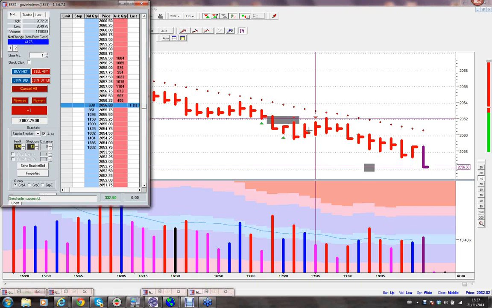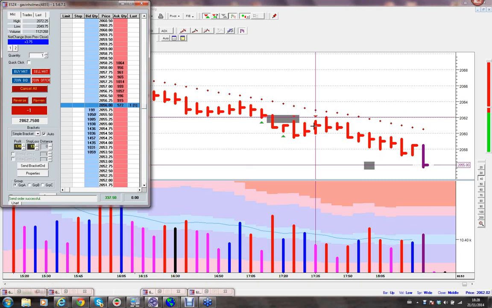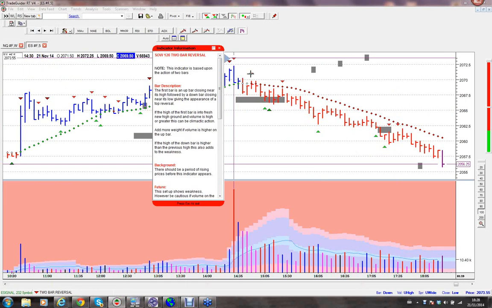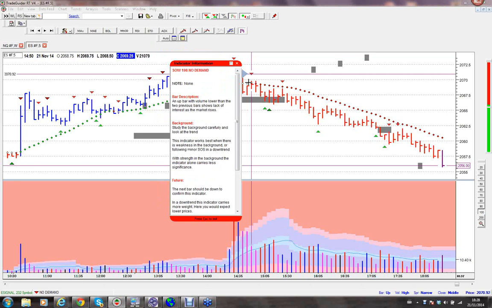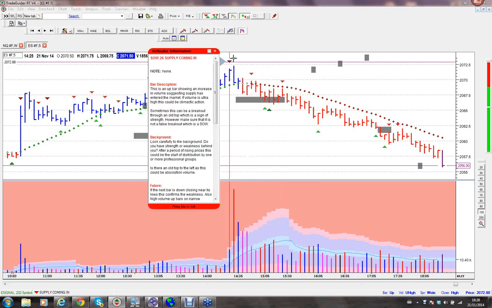So he said all high volume up and down bars need to have some sort of test, which is absolutely correct. That's exactly what has to happen. They need to be tested. If a market is weak, you'll get up bars with no demand. That means the market makers are marking the price up, saying we want to push this higher, and professional money is saying, we're not interested because we're already selling. Where were they selling? They were selling in the background, over here. That's where the selling took place. That's the evidence. I'm a former policeman, I look for the evidence. No demand, and then an upthrust. That's a sequence. I think Winston was asking, what is a sequence? There's a sequence here: 1, 2, 3.